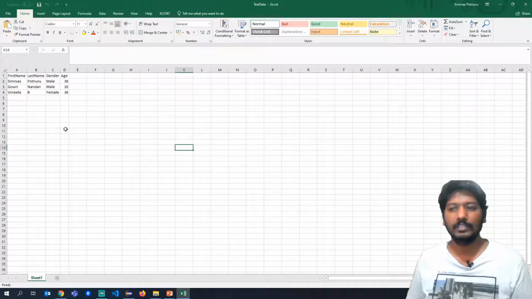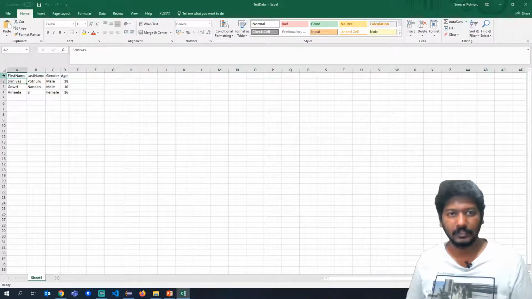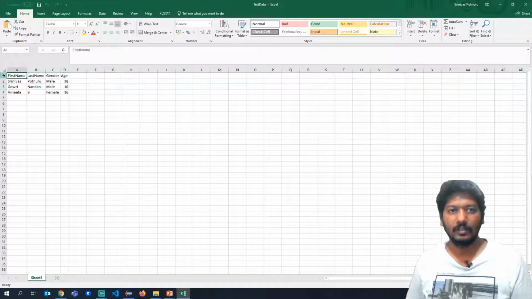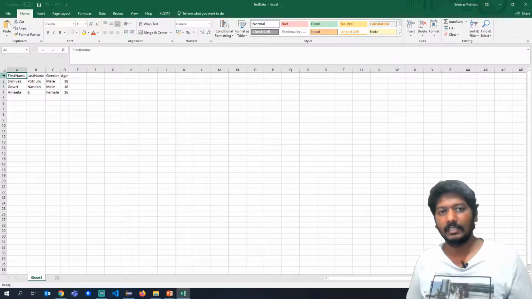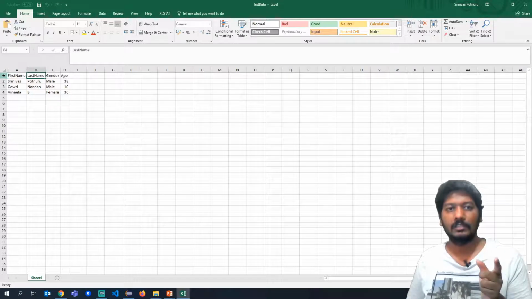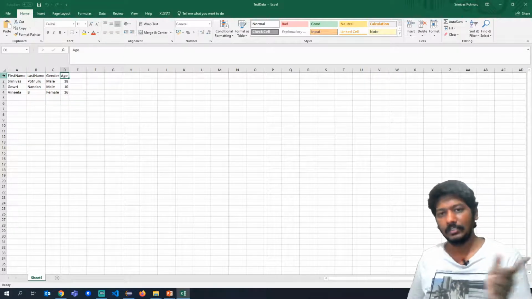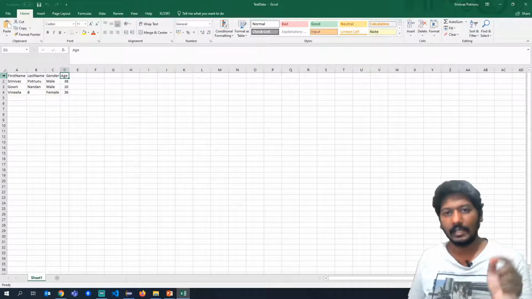So what we are doing here, we are trying to access each row with a row iterator. For example, this is the first row, this is the second row, this is the third row. Now in each iteration, we have to move to each cell in that row, so we use the cell iterator. This is cell number 1, cell number 2, cell number 3, cell number 4, right? Based on that, it will go on accessing each of them.